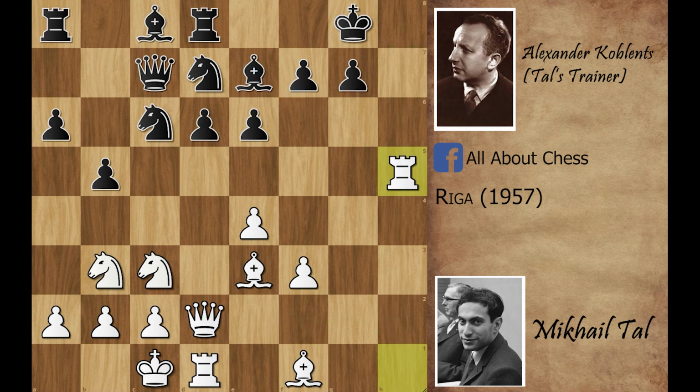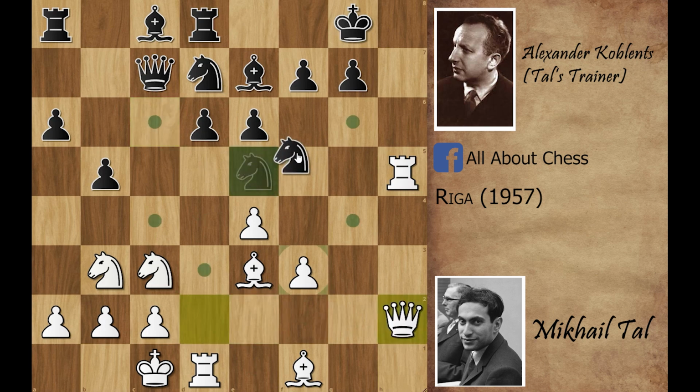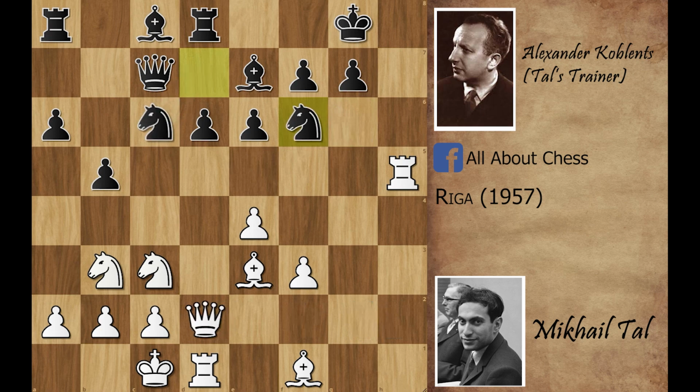So here black played knight to f6, but instead of knight to f6, black could have played knight c2, e5, and now queen to h2, and now black would have played, and now this position is not so good for white because the knight to f6 is coming, and now white will have to move his rook. But in the game black played knight to f6,